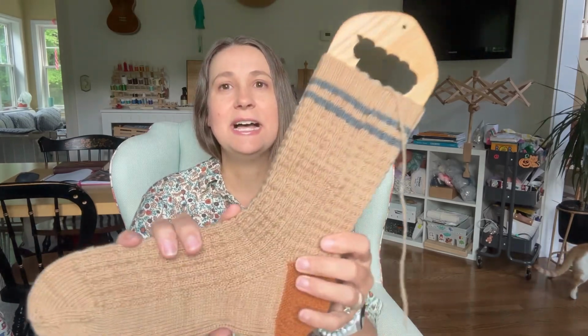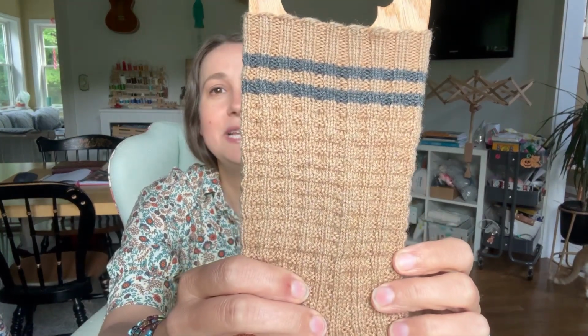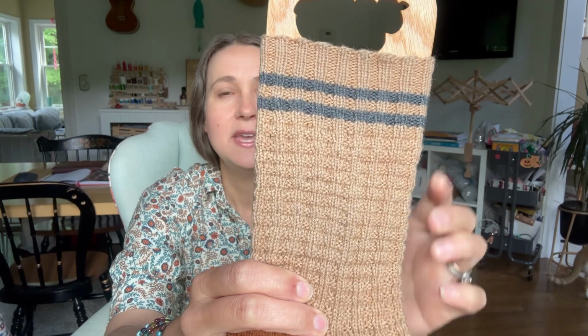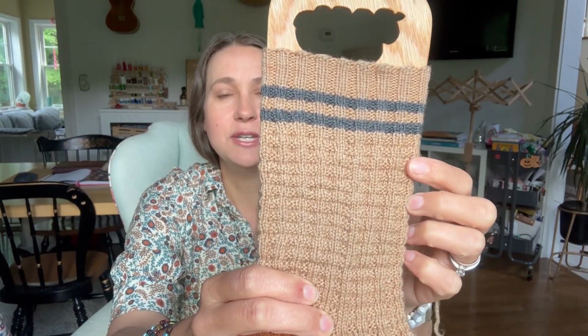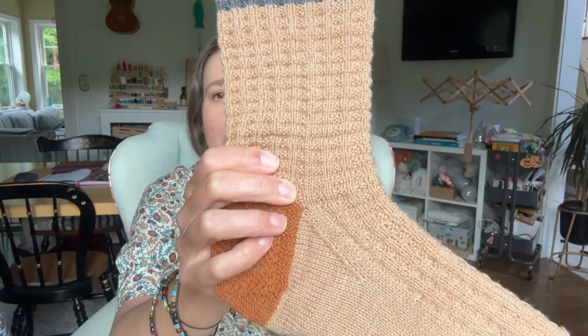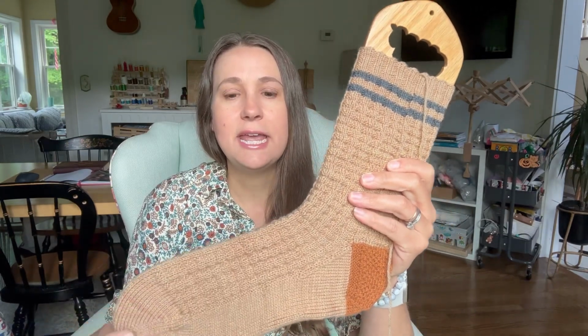And I added to that a little bit of texturing, and you can see there, it's just a really simple knit 2, purl 2 mixed with stockinette. So it's 2 rows of knit 2, purl 2, 2 rows of stockinette, and it gives this really nice sort of waffly textured appearance. The yarn that I used to make the sock itself is a hand-dyed yarn